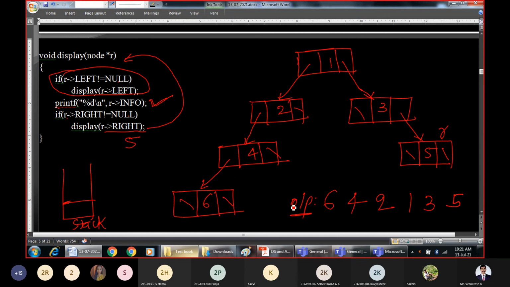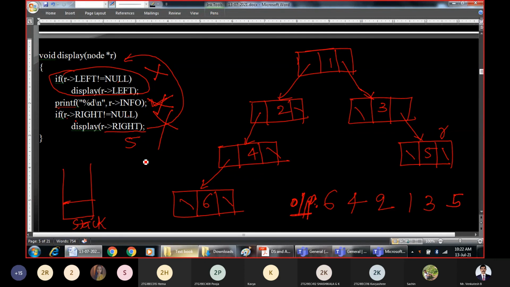That means we have printed all the elements of the tree, because for the next iteration, whenever you check the condition where r is present here, r pointer left is equal to null will not execute, and r pointer right is also equal to null. This is where we stop the display function.